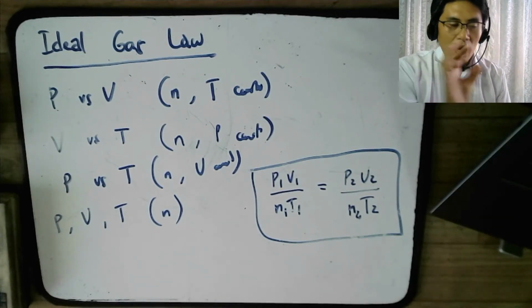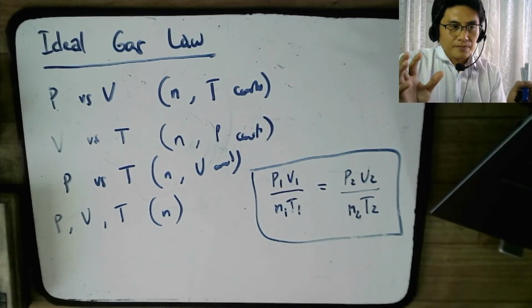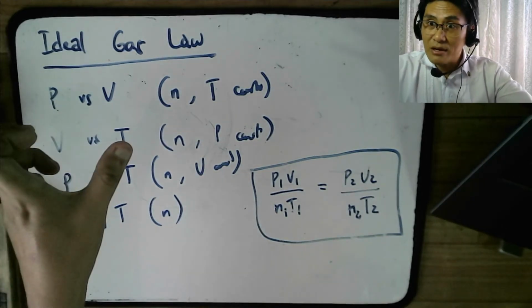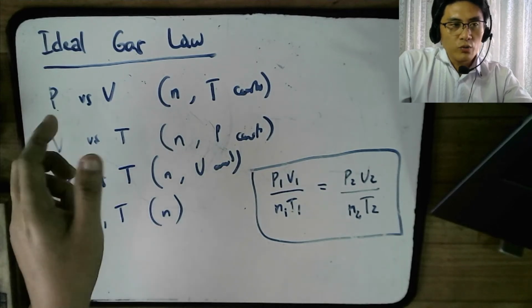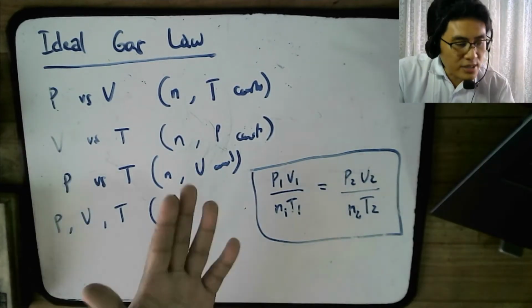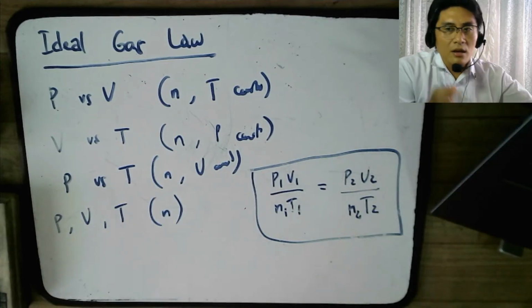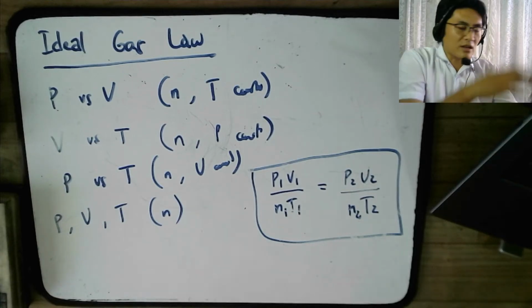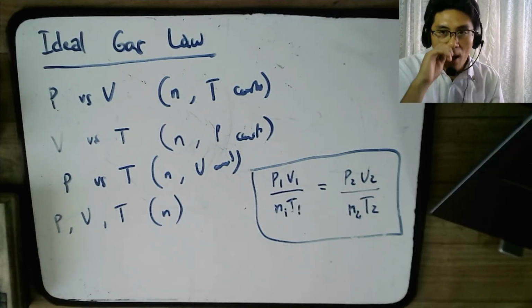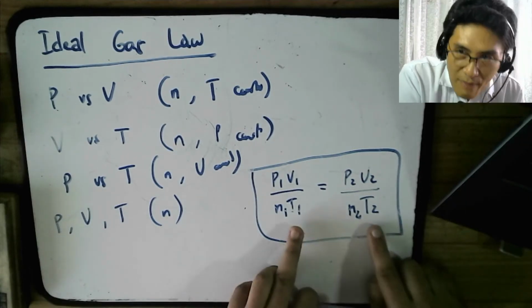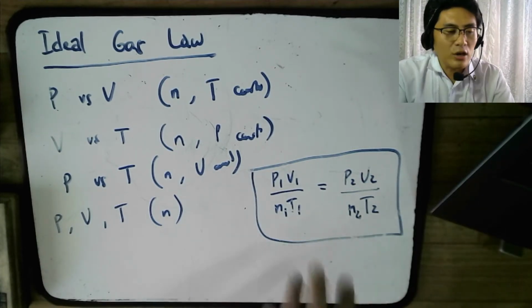So again, if you really think about it, the only reason why we discuss Boyle's law first is because it's simpler, right? It takes a look at two variables. And in fact, in history, that's how it was done. Boyle's law was discovered, and then Charles's law. Then when they knew about all these laws, they combined them, making the combined gas law, and then they conceptualized more and made the ideal gas law. But now that we know the ideal gas law, we can do it backwards. We can just remember the ideal gas law, and we can